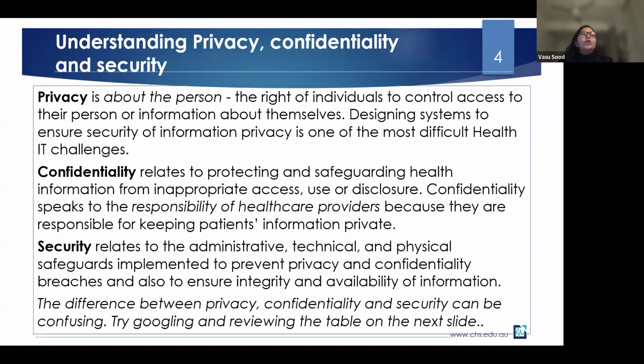Moving to the third concept, that is security. Security means the system's protection. Health data should be protected from being accessed, altered, or destroyed by unauthorized individuals. For that, a hospital normally has a strong password policy, encryption, and access logs to make sure that only authorized staff can access a patient record from the electronic health record.